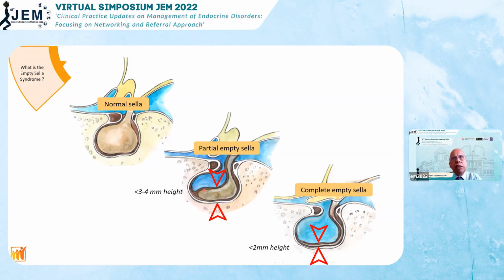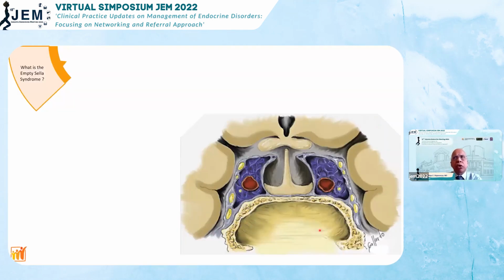So you can understand why a compressed pituitary gives a partial sella and a very compressed pituitary gives a complete empty sella. And I'd like you to concentrate on the arrows coming up over here as you look at this slide,